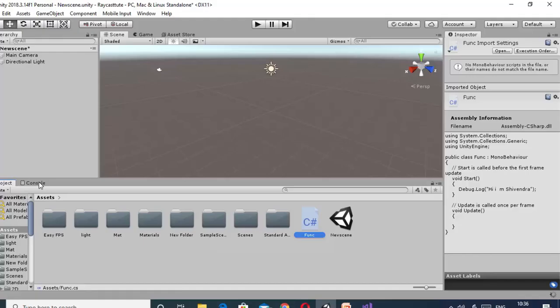Now if I play this particular Unity scene, the message should be written in our console panel.